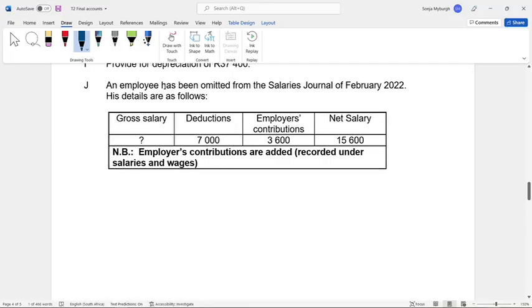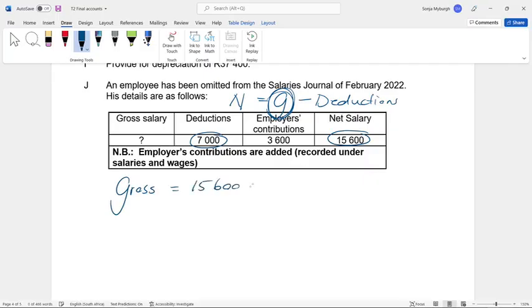One employee. Now, because we've done salaries and wages, it makes sense to us, because we know that net salary equals your gross salary minus the deductions. But now we want to know the gross. They haven't given us the gross. That will be the net salary plus the deductions. So your gross salary, the net plus the deductions,